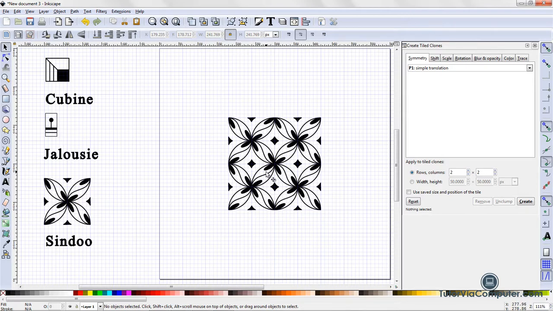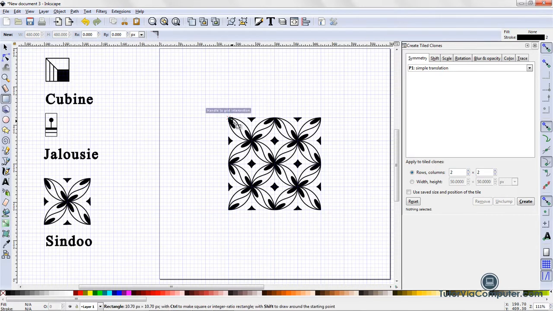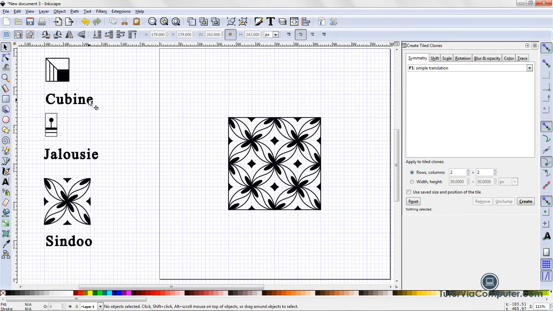Then the next thing, this doesn't have a border, so I'm going to click my rectangle tool, come up here in this corner. The snapping is on by default. I'm going to click and drag till I see handle to grid intersection. That's what I want to snap to. And I'll release my mouse button. I clicked on my selector tool. Okay, so that's what I want